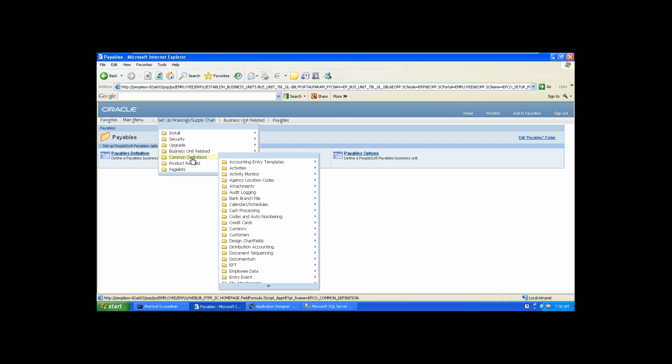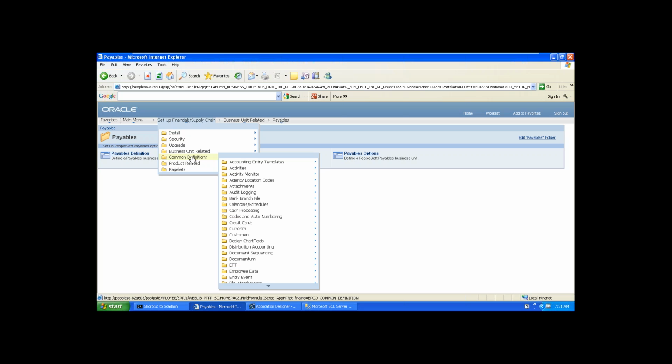And common definitions. Common definitions means in the name itself, it is clearly telling you common definitions. Whatever setups that you do in this navigation, those setups will be used across the system. They are not specific to any module.